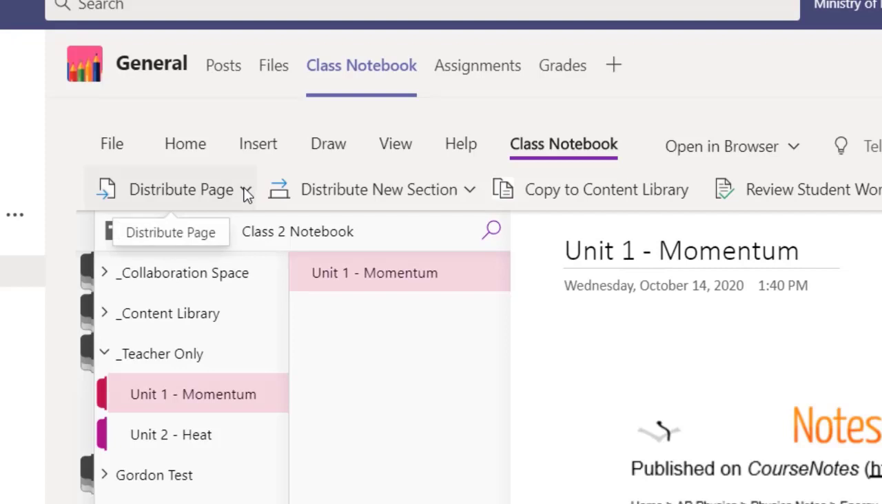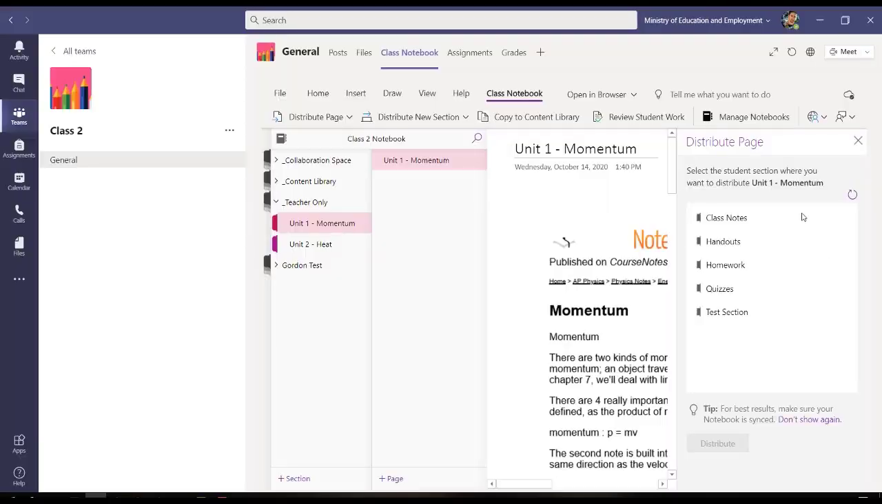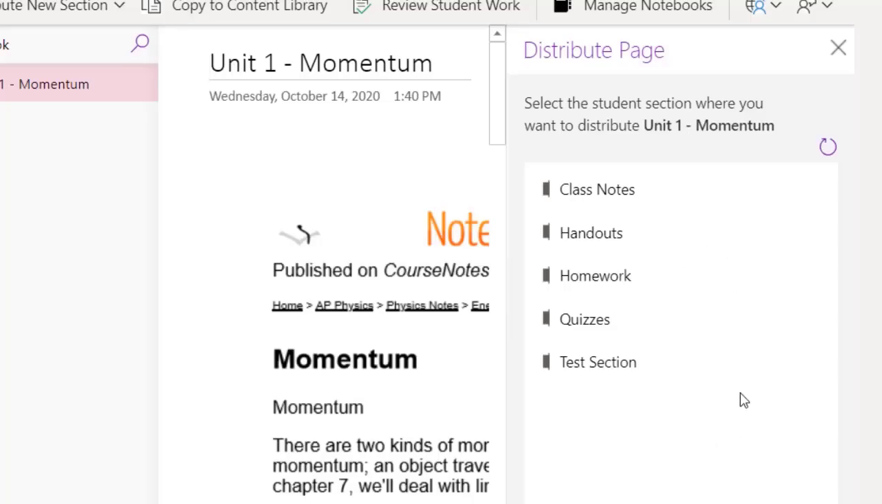and I click on distribute page. So I just need to share this particular page, Unit 1 Momentum, which contains my notes. So I go on distribute page and click on distribute page. From here, I select which folder I want to place the notes in. For example, I want to place these notes in the students'